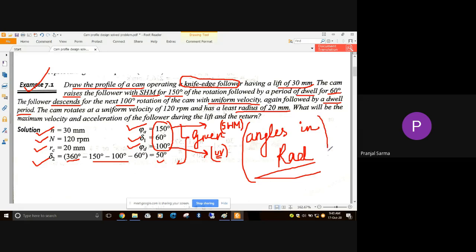Okay, so up to this much, any confusion, anyone? How we have obtained those things, given data? Just let me know. So these are the main things that you should